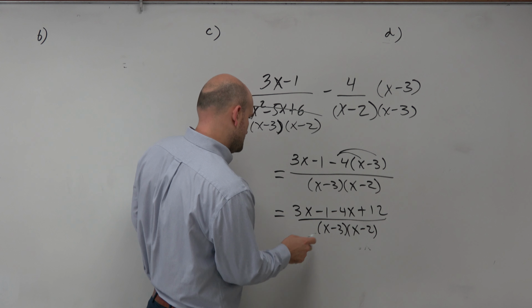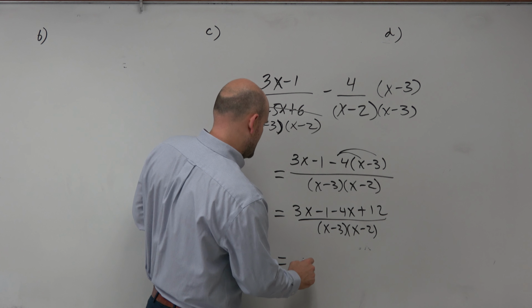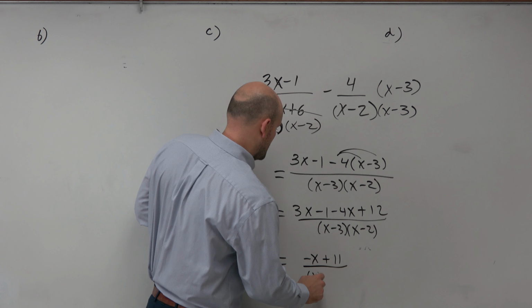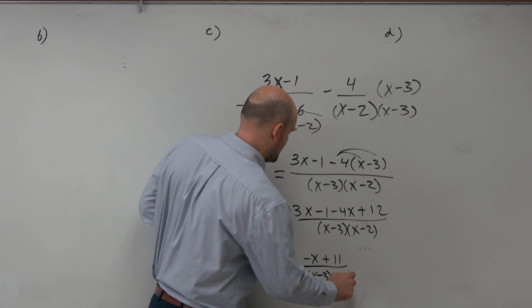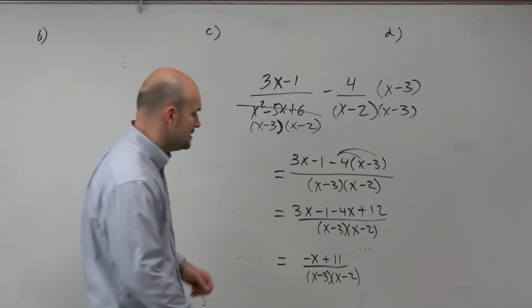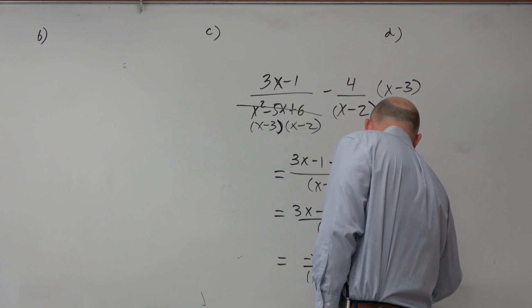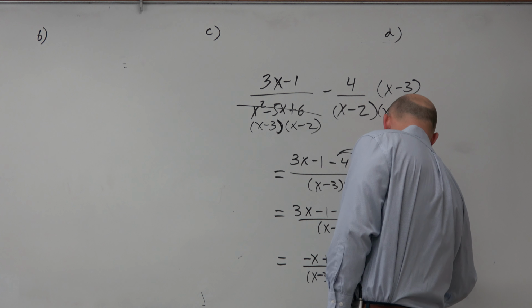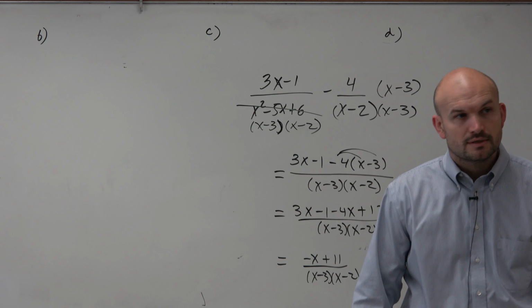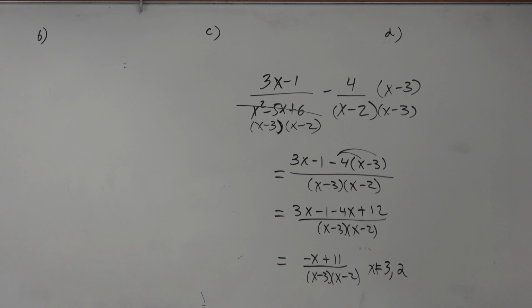And therefore, that's going to give me negative x plus 11 all over x minus 3 times x minus 2. So where x cannot equal 3 and 2. Right? So we're going to want to make sure that we write down those restricted values. Because we remember those restricted values. Those restricted values are not